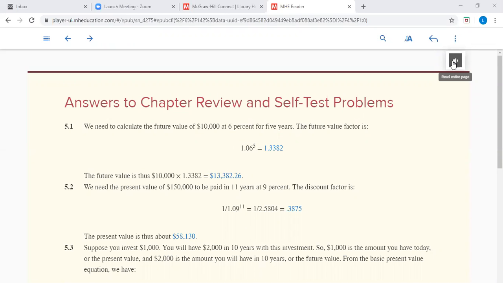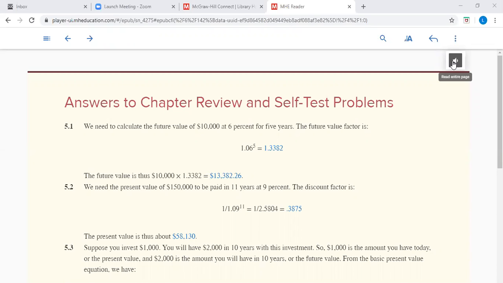How much is your uncle putting away for you today so that you can take out $150,000 in 11 years? So in this case, we want to know what is today's value, present value,